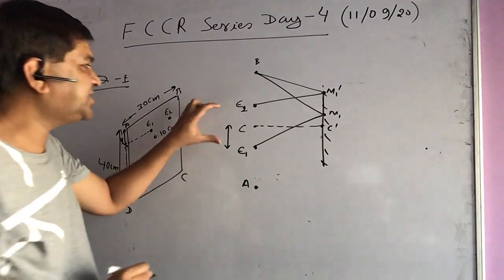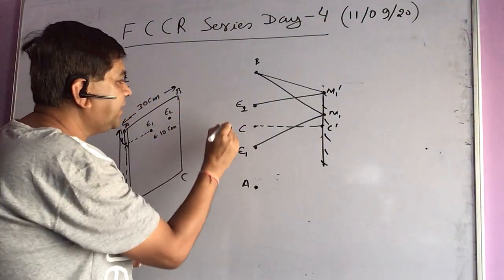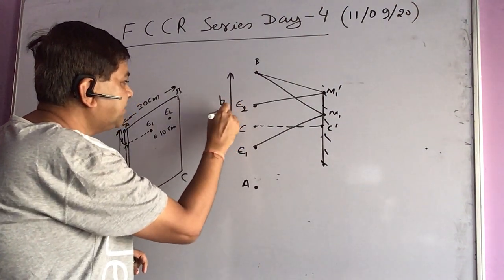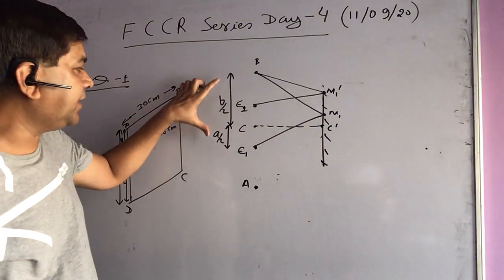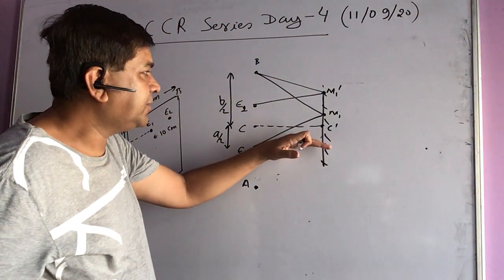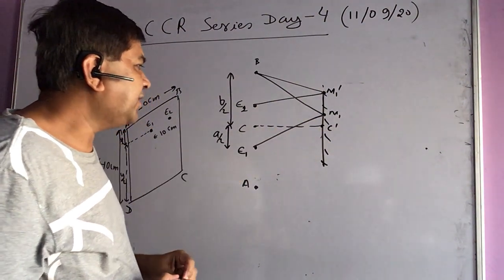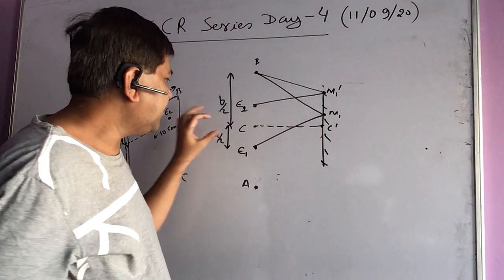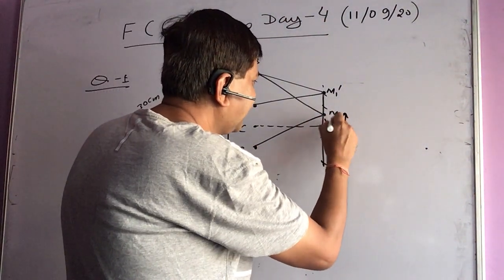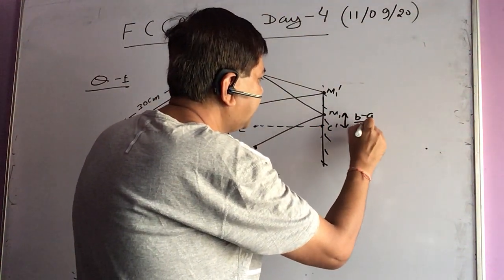If I take the distance between the eyes to be A, this is A by 2, and this is B by 2. If I take the width of the face to be B, it is B by 2. So this total is going to be A plus B by 2. So from here onward, it is going to be A plus B by 4. So when it is A plus B by 4 and minus A by 2, this distance is going to be A plus B by 4 minus A by 2, so B minus A by 4.